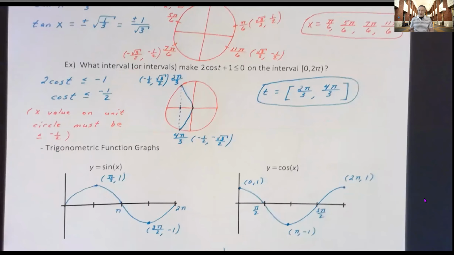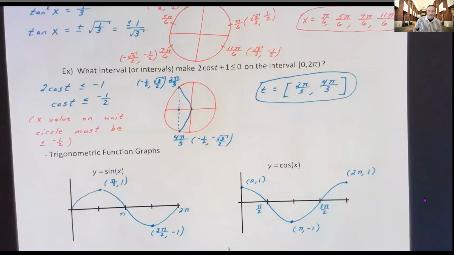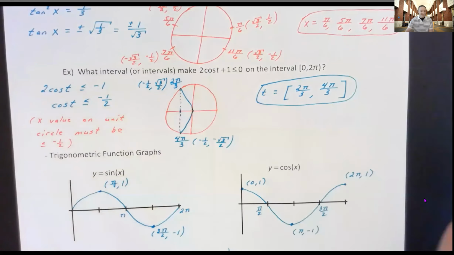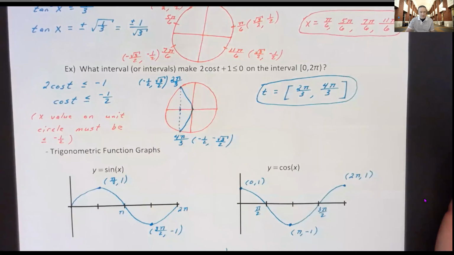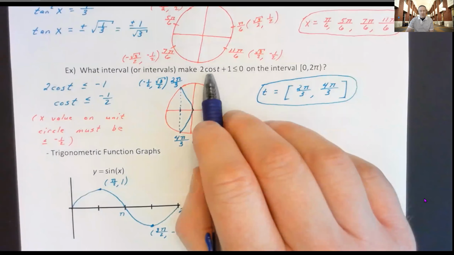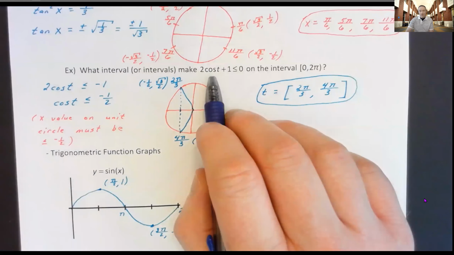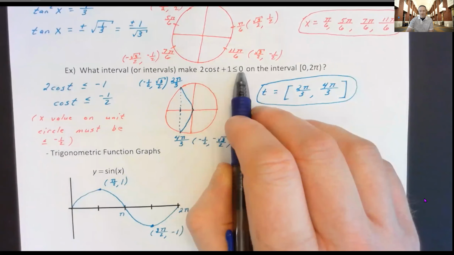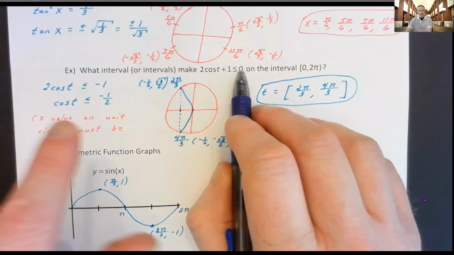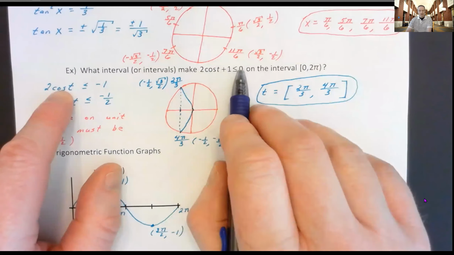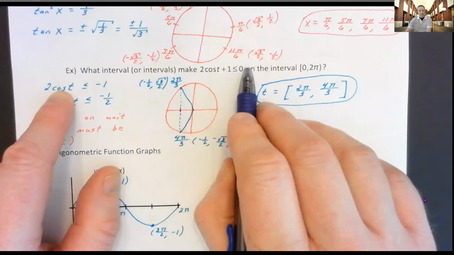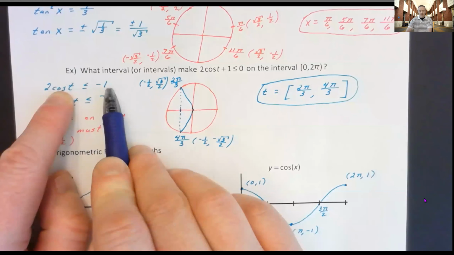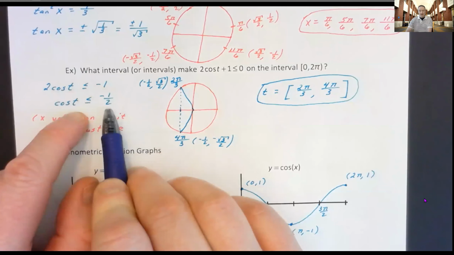Now, looking at my last one, again, you need to have the unit circle as second nature. What are we supposed to know about the cosine? Well, the cosine is just the horizontal component on the unit circle. So when I'm asking you a question like, at what interval or intervals make 2 cosine t plus 1 less than or equal to 0? All right, here's what I'm thinking. I need to isolate the trigonometric function. I subtracted 1 on each side to get 2 cosine x has to be less than or equal to -1. Now I divided each side by 2, and I get